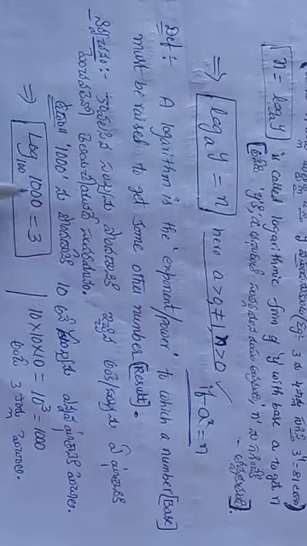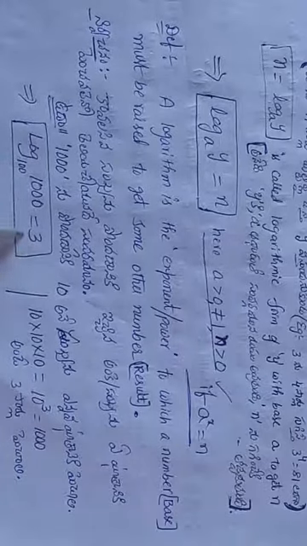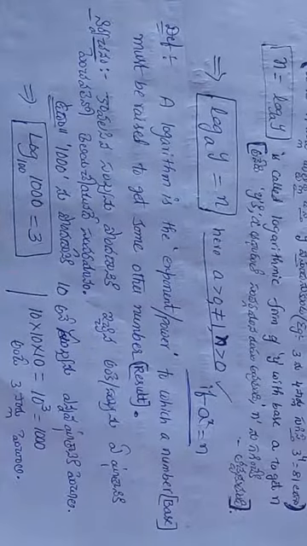So to get 1000, the base 10 has to be raised 3 times. To get 3, we are using the logarithm. This is the brief about logarithm. Please listen one more time, then you will understand easily. Based on those two assumptions which we have discussed in this topic, related to this particular logarithm.